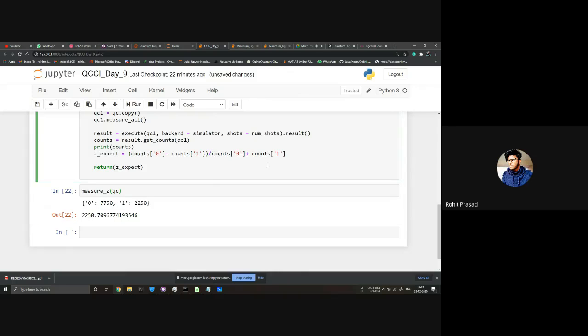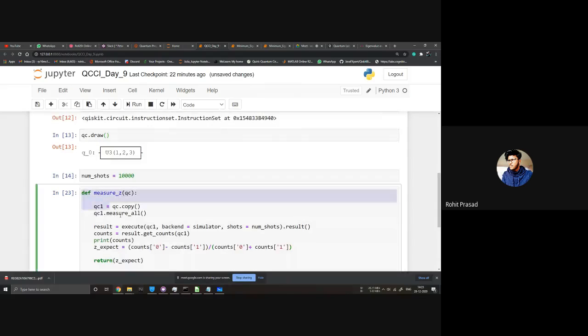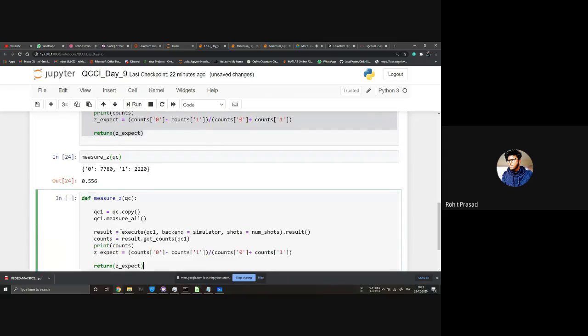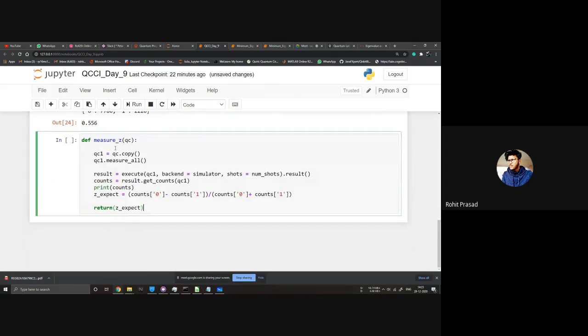Okay, so it's just dividing by count 0 and then adding count 1 to that. This should be working. Yeah. So we got our expectation for that at 0.056. Now let's do it for y1. So I will just copy this thing and just make some tweaks.